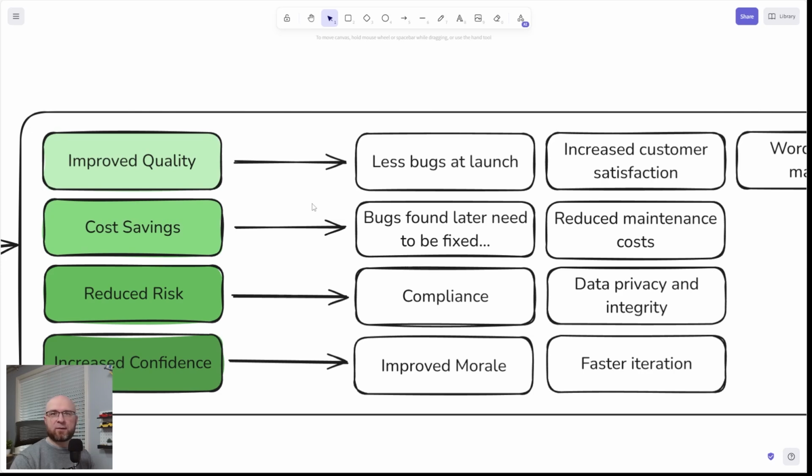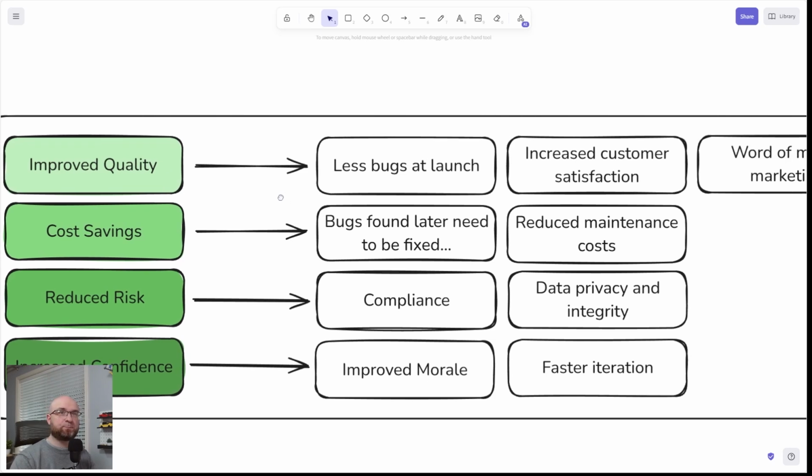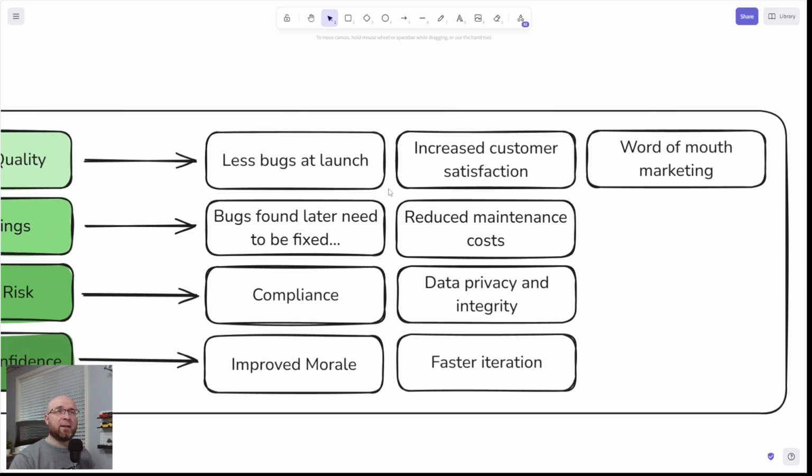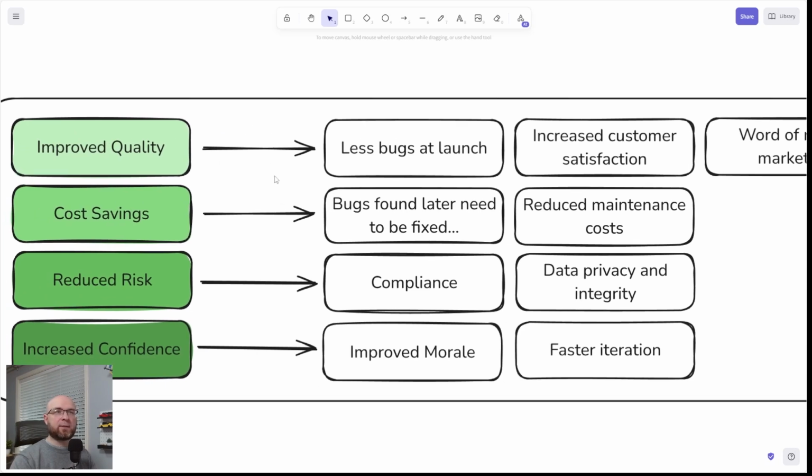Well, that's because quality is bad. So customers complain. And when your application is really bug free, that can translate into free marketing. So improved quality is really quite important, and that's why you don't want to have any bugs at launch, at least not any glaring ones, right?